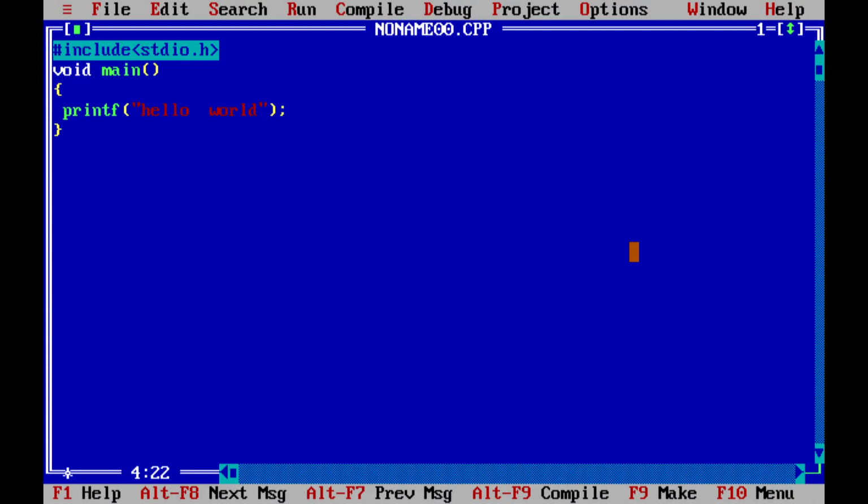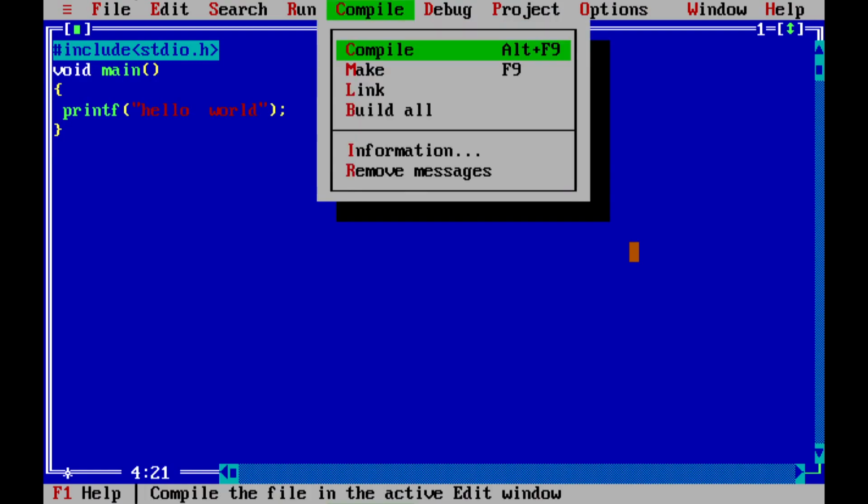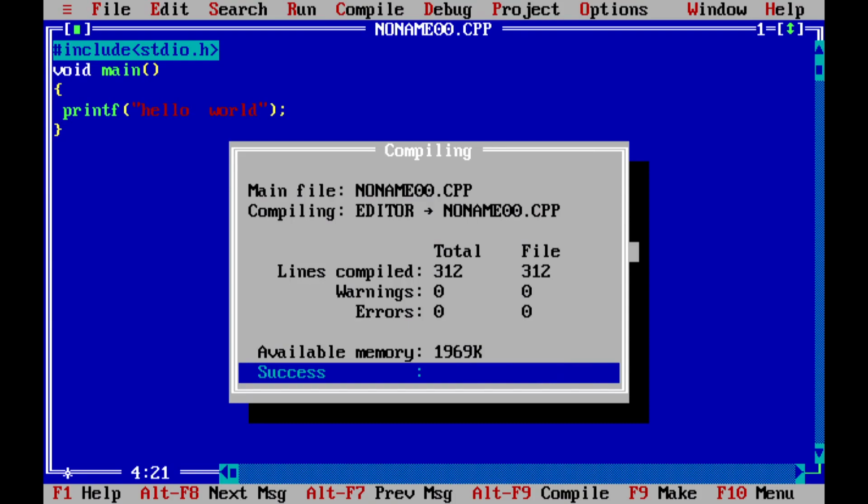What is important is that if I try to find how many lines are compiled, how many lines will it say? It will say 3 or 4 lines, right? So let's check it. How many lines are compiled? If I press it, what is it showing? Total number of lines compiled is 312. But your program is only 2 or 3 lines. So from where are the other more than 300 lines coming?